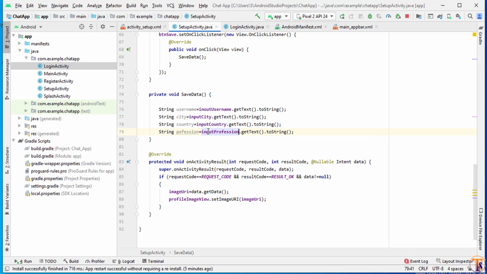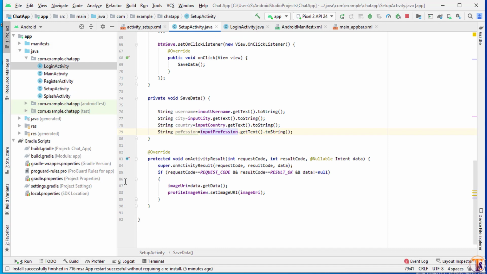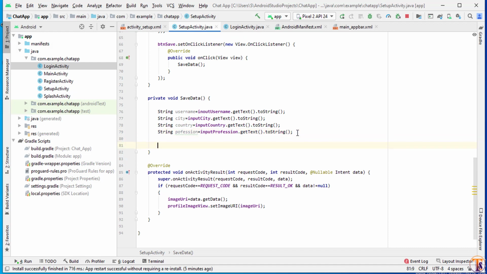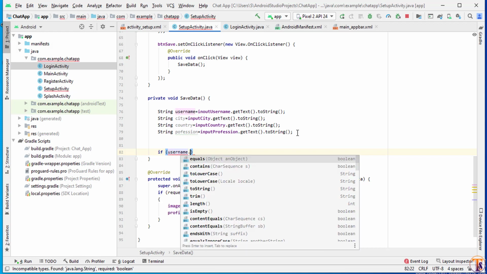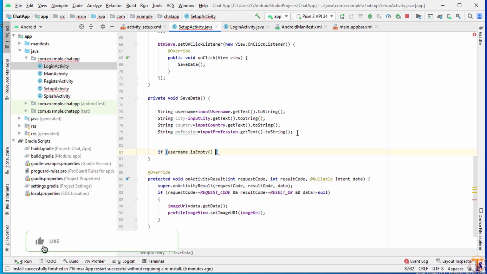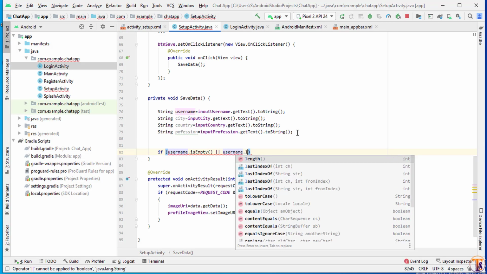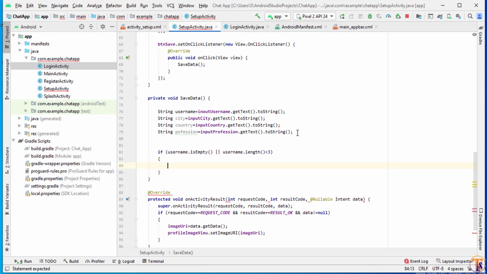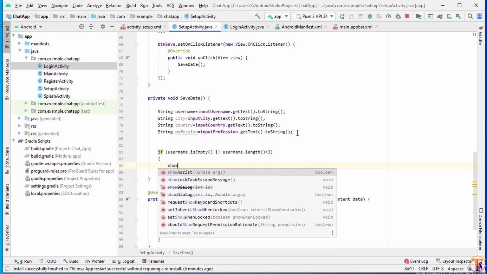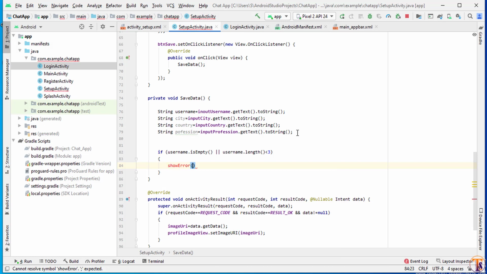Okay. Now we will check either our data is null or something added in our input field. So here we will check if username dot is empty or username dot length is less than 3 characters, and what we have to do, simply show error, and here we will pass our input field.